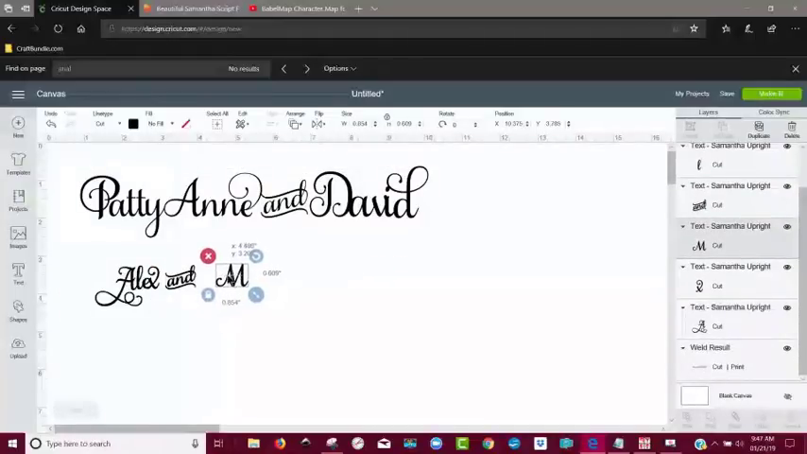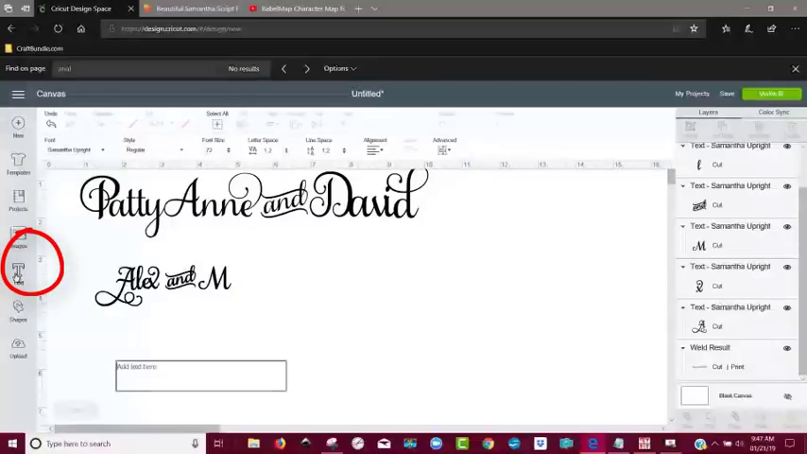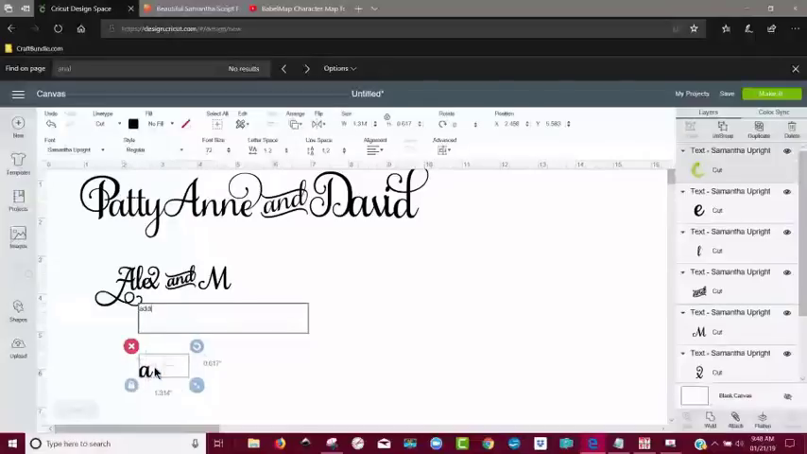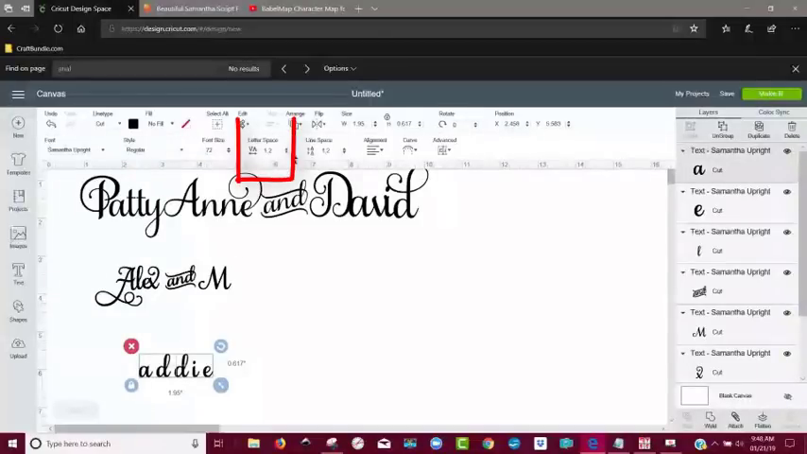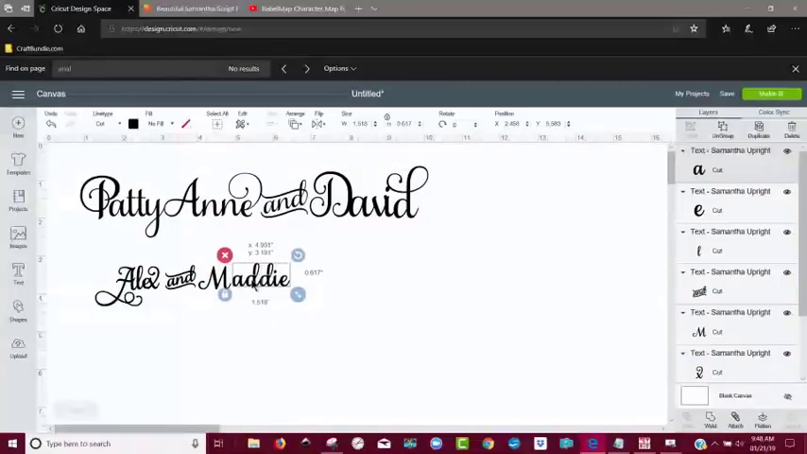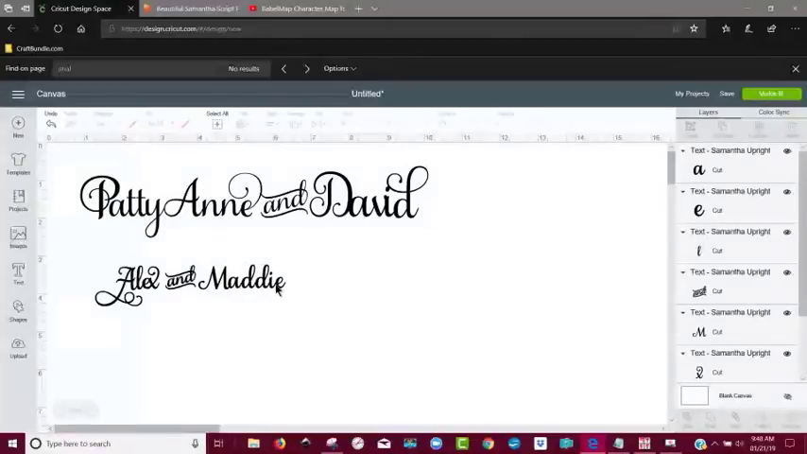And this M isn't very fancy, so I may want to make a fancier one, but now I can do text, and it still says Samantha upright, so I can type in A-D-D-I-E, and I can click off of that and highlight it again and change the letter spacing. All right, that looks good. There, and I want to make a fancier E, so let me go back to BabelMap